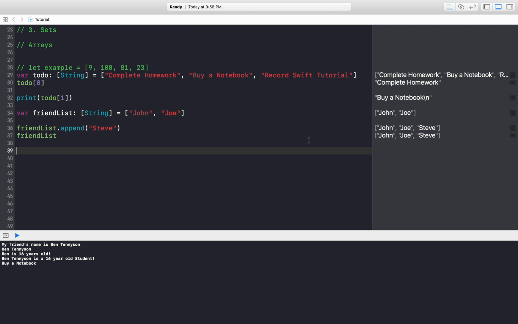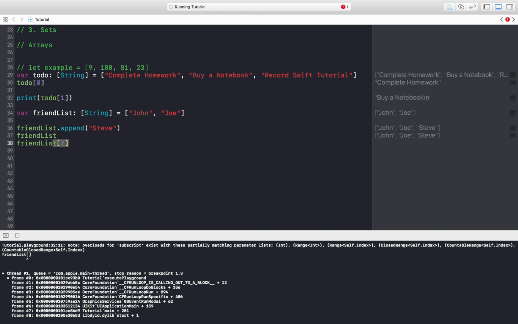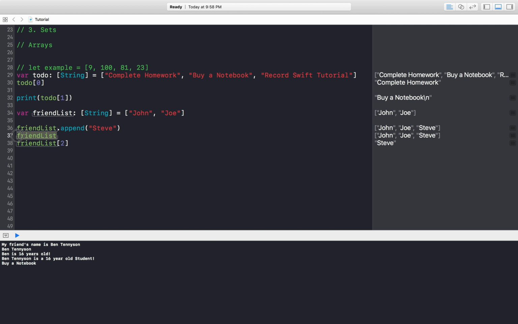And now if we access the array, you just access the array by typing its name. And remember, accessing an array and accessing an item in an array are two different things. You access an item in an array by the index number of that item, and you access the whole array by the name of that array. It's similar to how you access a variable or a constant. So yeah, and this is the first method